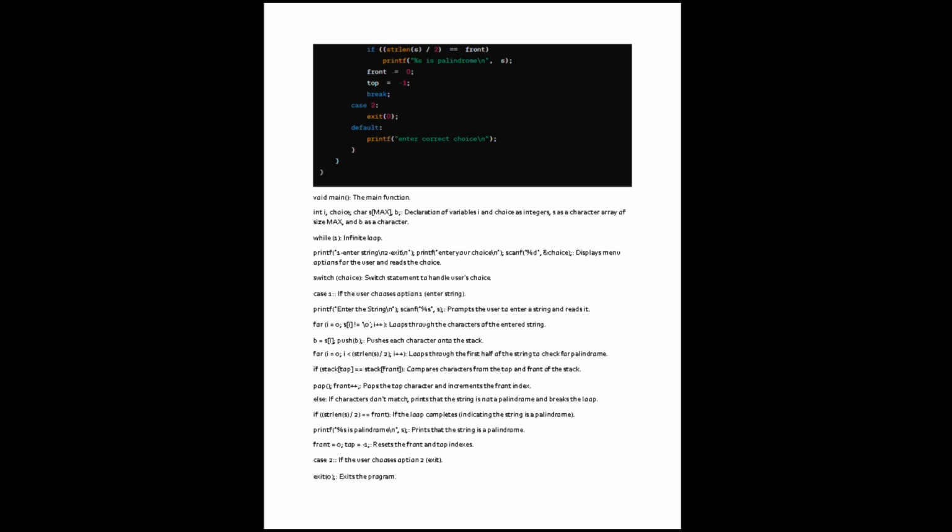It displays menu options for the user and reads the choice, where option 1 will be entering the string and option 2 will be exiting from the program. Then we move on to a switch statement to handle the user's choice. If the user chooses option 1, that is entering the string, it prompts the user to enter a string